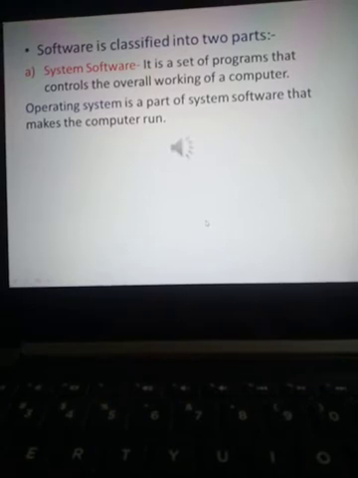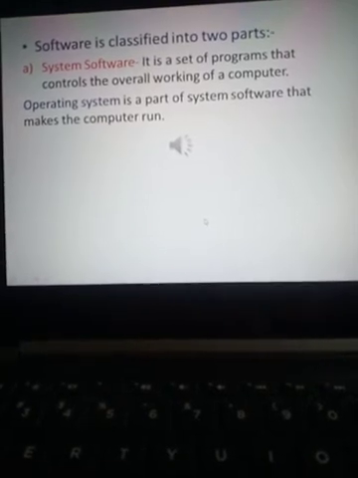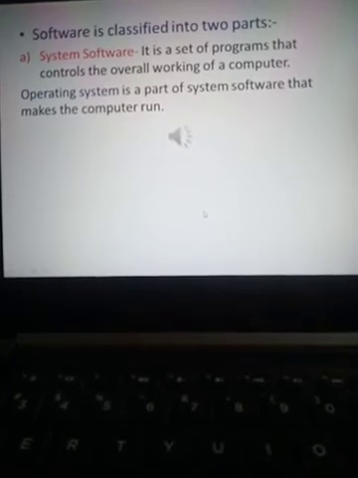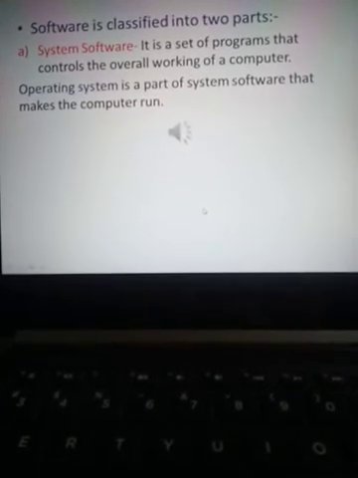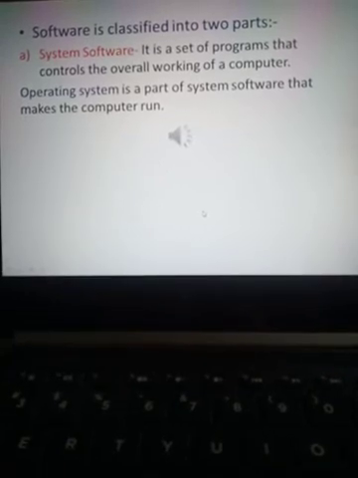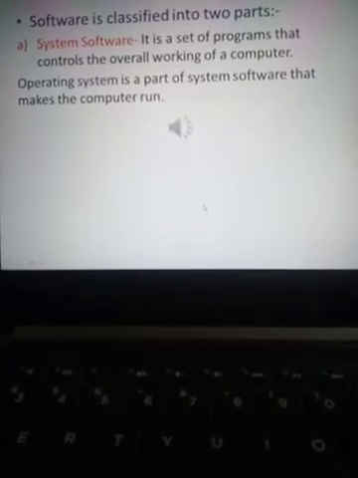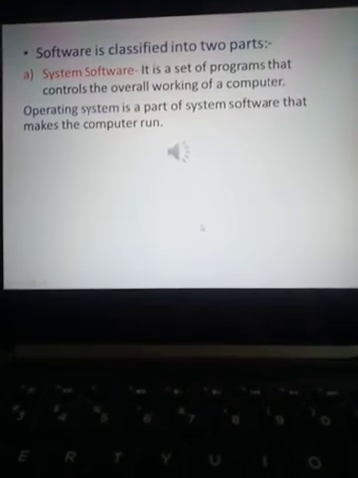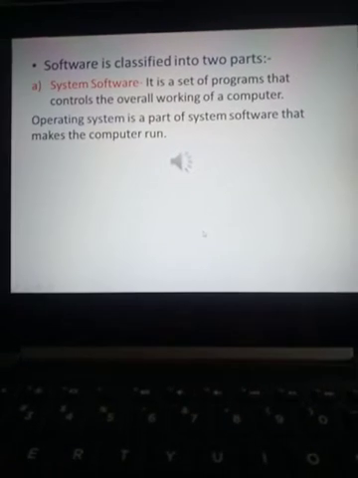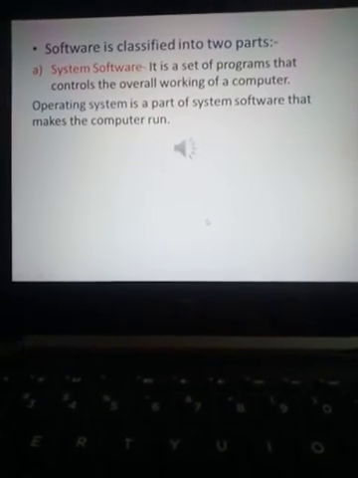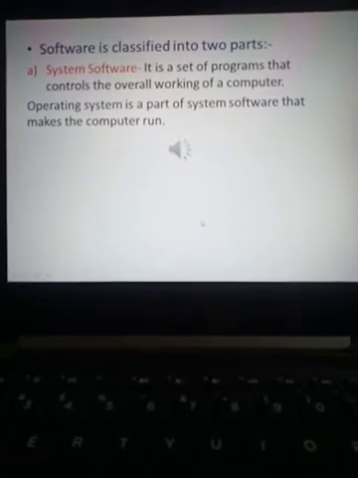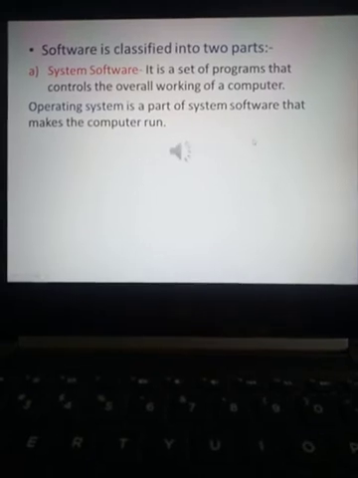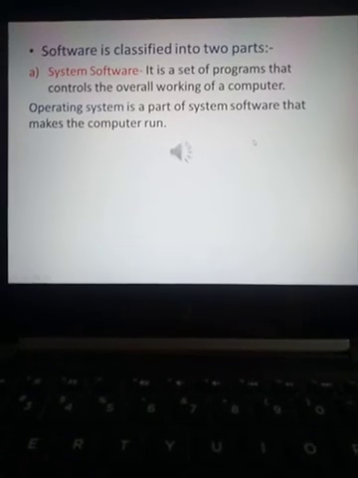You have a car, a driving license, petrol and engine, everything, but there is no driver. So will the car run automatically? No. To run the car, we need a driver. In the same way, to run the computer, we need an operating system, which is a part of system software. I hope it is clear. If it is not clear, then call me, I will make you understand.